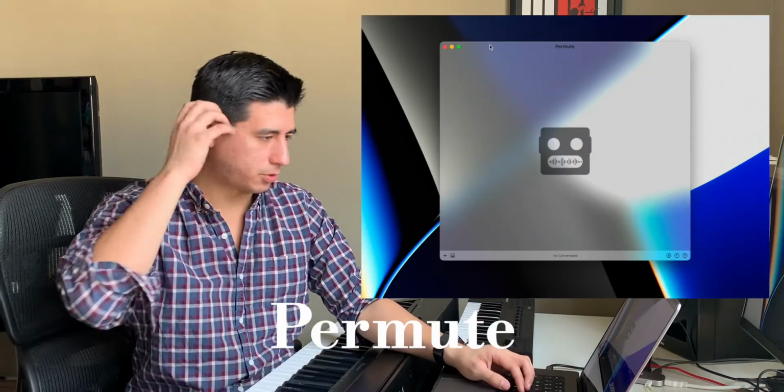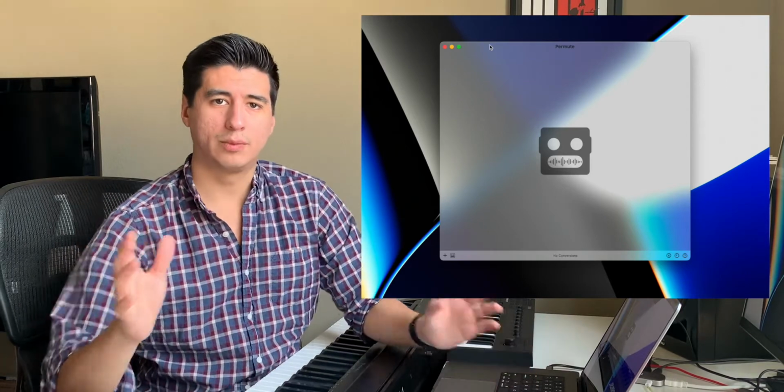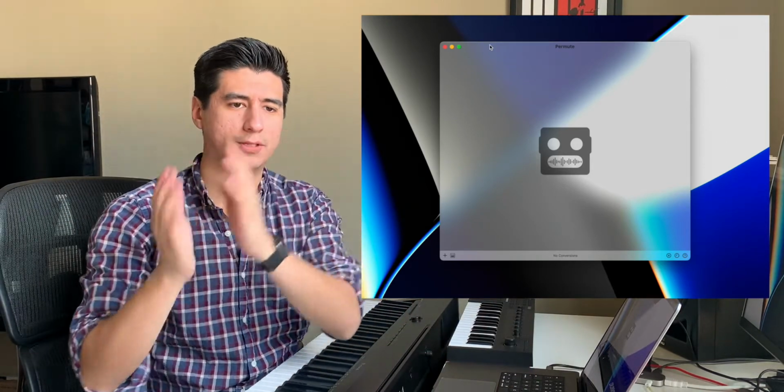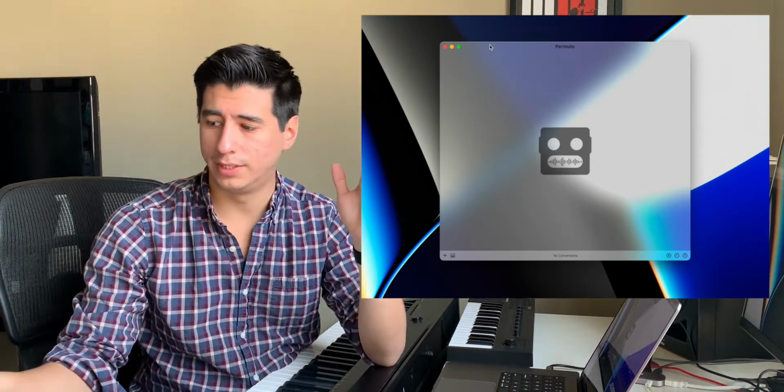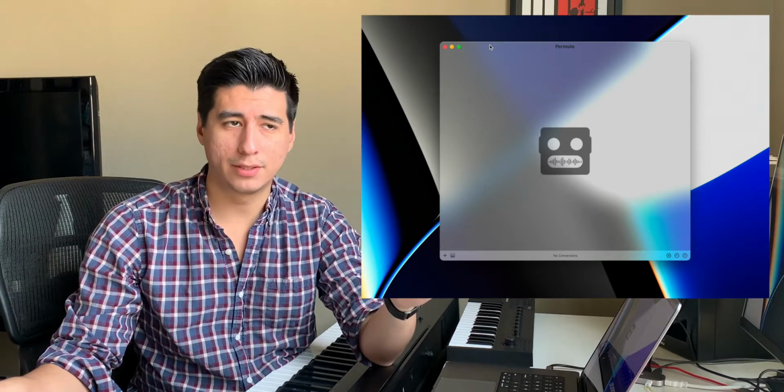The next app that I use a lot is Permute. Permute is a simple app. It will change one file into a different kind of file. This is so useful when I need to convert a WAV file to an MP3, if I need to convert an HEIC picture to a JPEG picture because a website won't allow it, if I need to change something from a JPEG to a PDF, all kinds of permutations of a file type you can use in Permute,